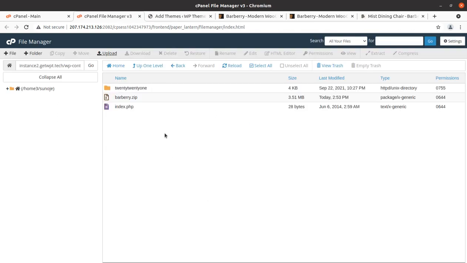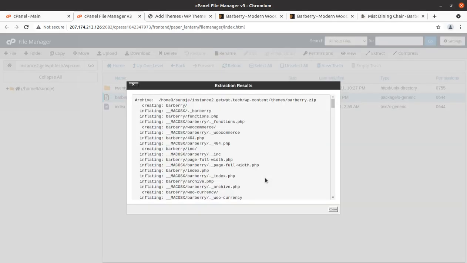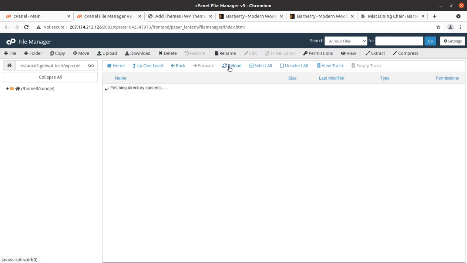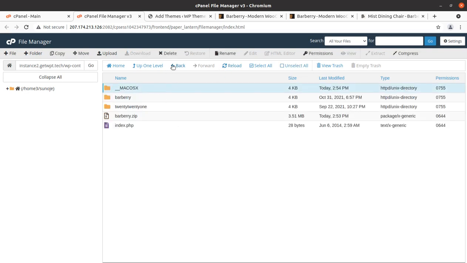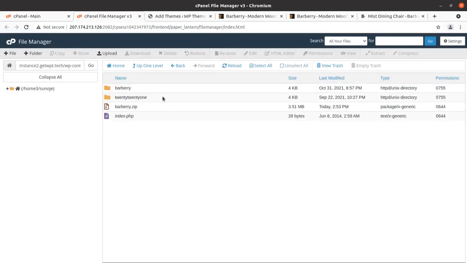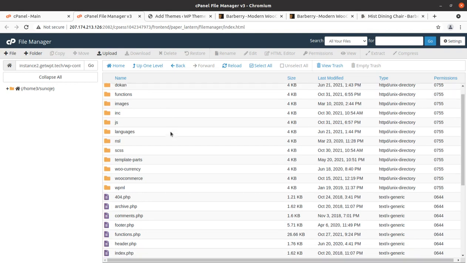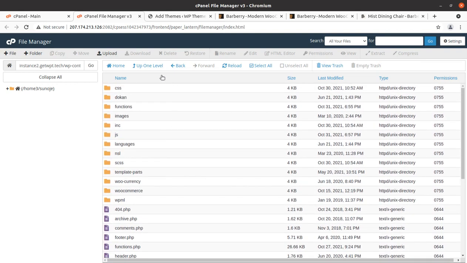Once the progress bar turns green with 100%, we can go back and extract the uploaded file, and the extraction outcome is this. The macOS folder should be deleted, it is not wanted here. And we got the Barbary folder that contains all the theme components, folders and files.